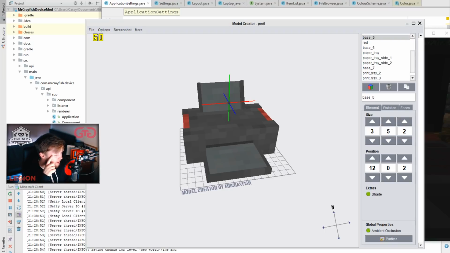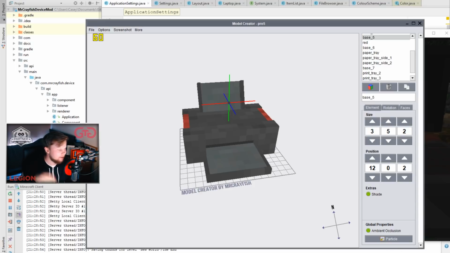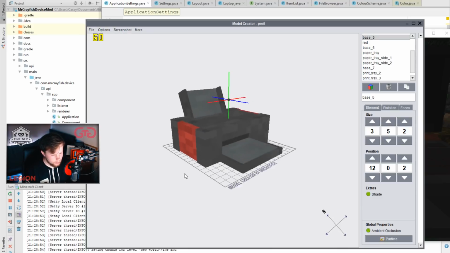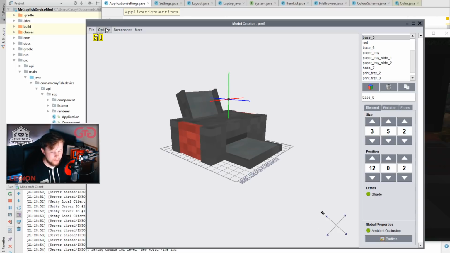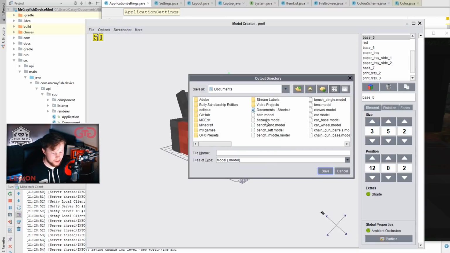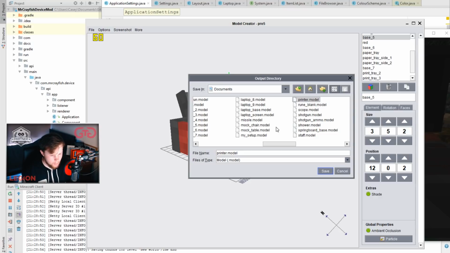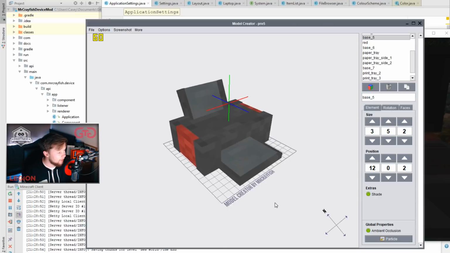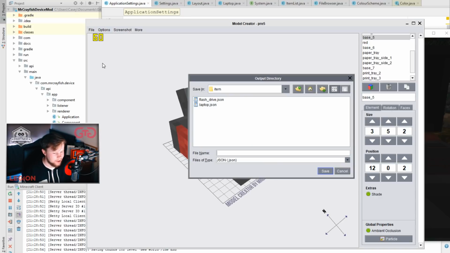No, I can't find it. I'll deal with it later when I actually add it in. I mean, that's looking good. Go ahead, save it again. Alright, there we go. And let's go File, Export,